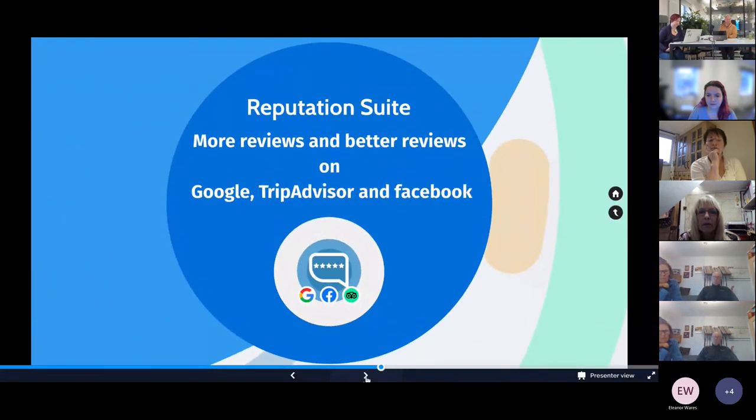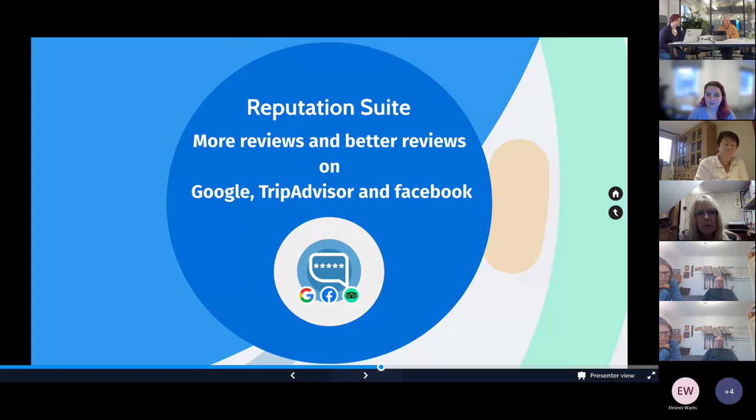Probably lastly, on the hotel side, or sometimes on the larger properties, we've got a reputation suite, which basically just handles your reviews to make sure that you get more really good reviews and that they're posted in the right place. What it does there is it filters the guests' initial review. They get to score you 1 out of 5, and you set a threshold where you might say, if they give me 4 out of 5 or 5 out of 5, I'd like them to review on Google or TripAdvisor.